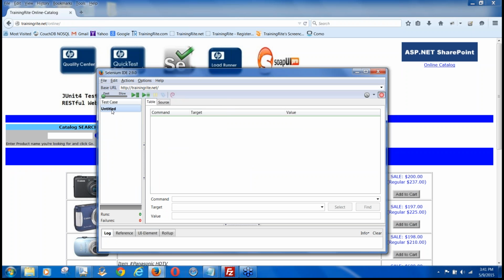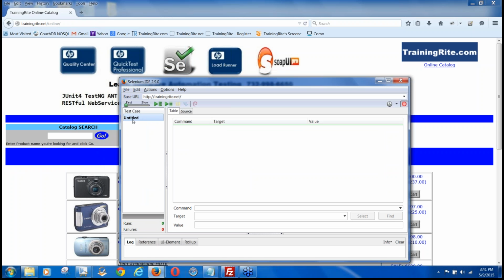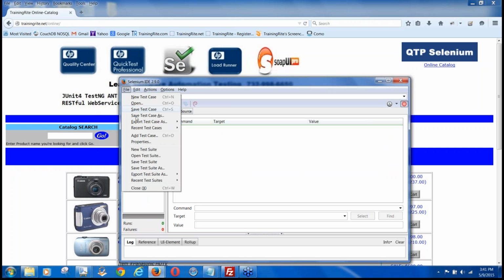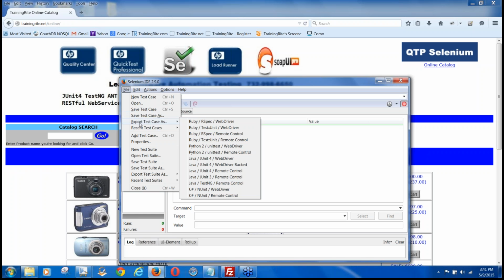What is this test case? This is the test case for the e-commerce application. So can I go and save this test case? I have nothing in this, but can I save it? Sure. Let me just go File, Save Test Case As,